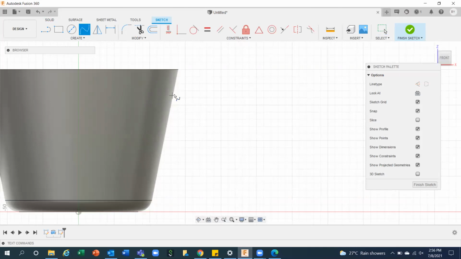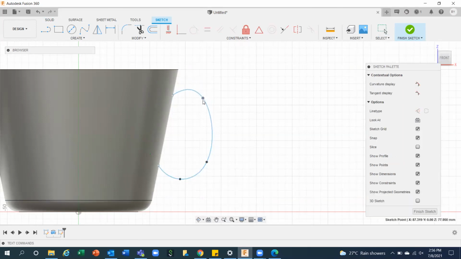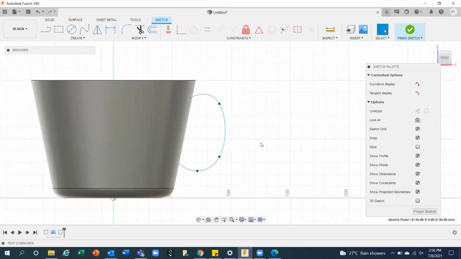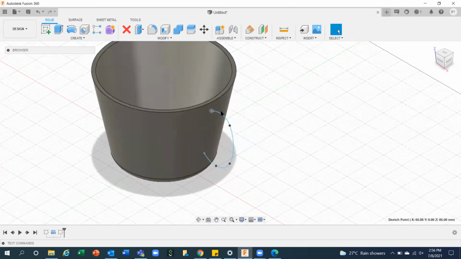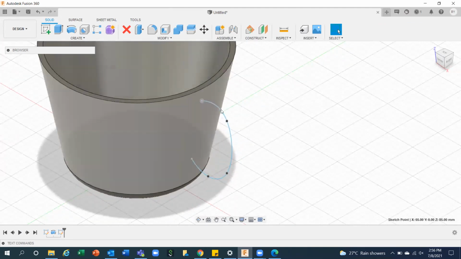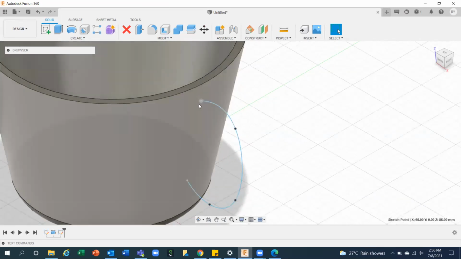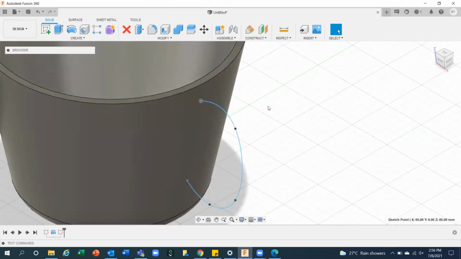So what I'm going to do? Right? If you find this shape is okay, fine, otherwise, if you want to modify something, you can modify. Whatever shape you want to use, you can use it. Correct? Let's say this one is fine for me. I will go for finish sketch. See, I have created this path, but I need to create this path as a solid one, and I need to have a profile that may be circular or any shape you want.